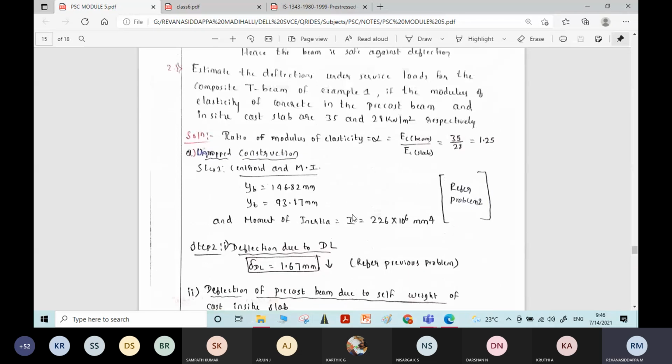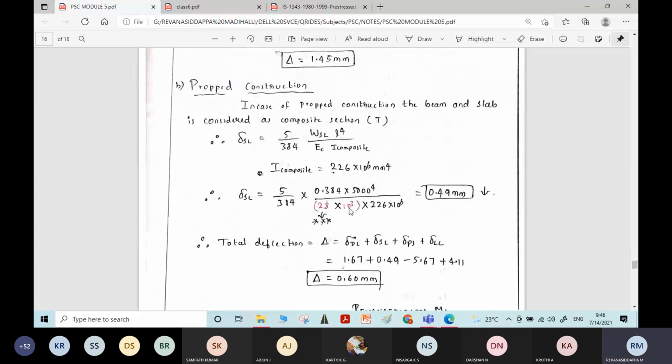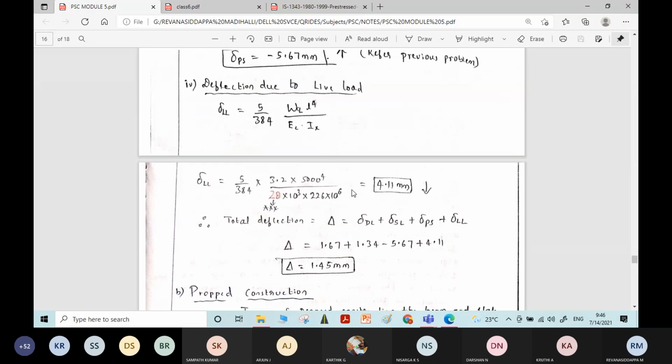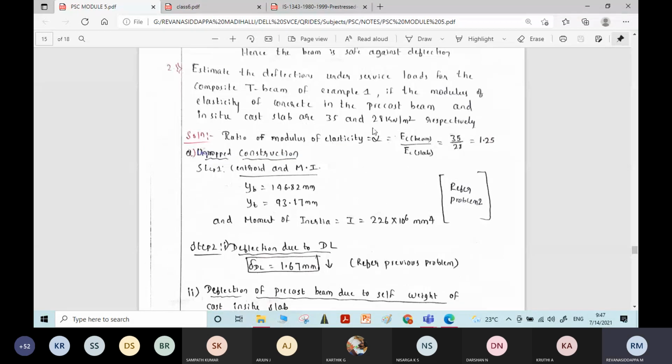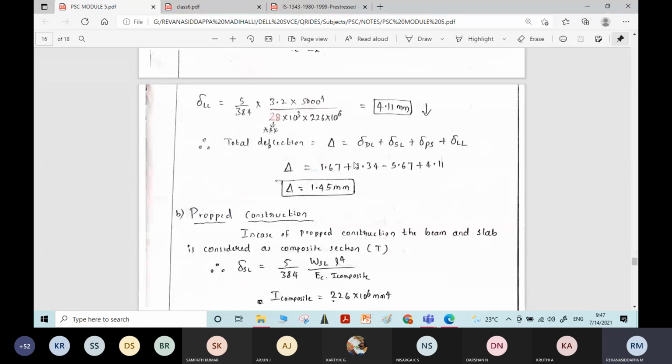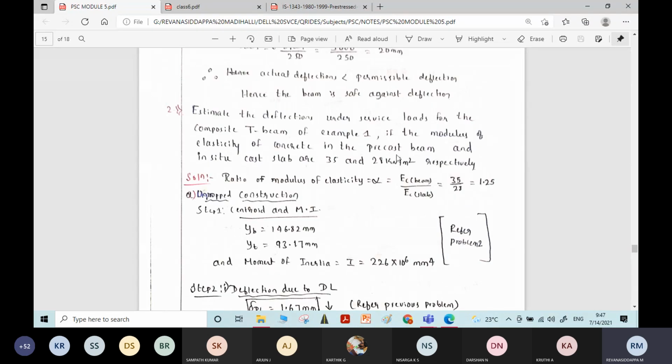Okay, Young's modulus of the slab, that is 28 into 10 power 3. And while substituting the moment of inertia of the composite section, considering this ratio 1.25, you need to substitute. Calculation of moment of inertia considering this ratio of Young's modulus is what I have written in the notes. I will show you here